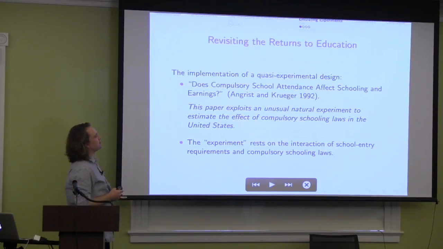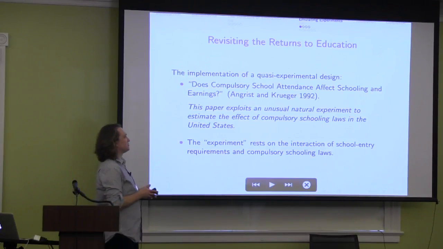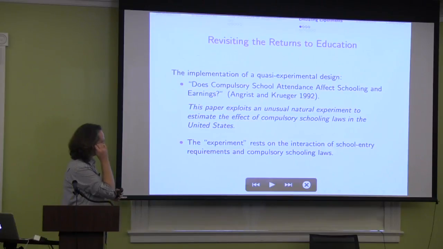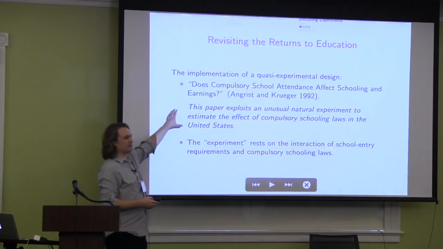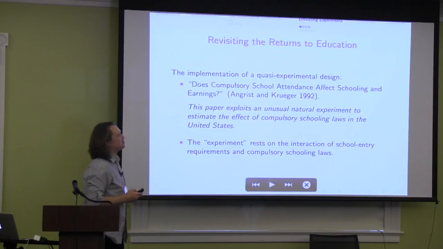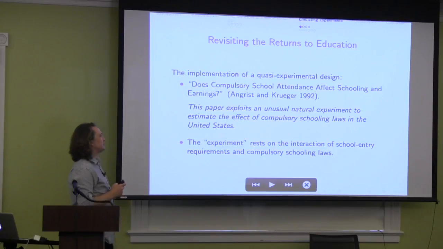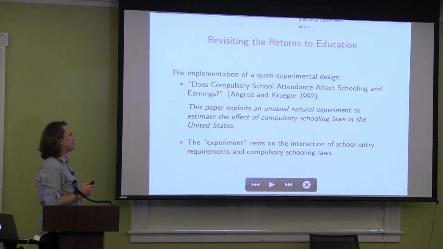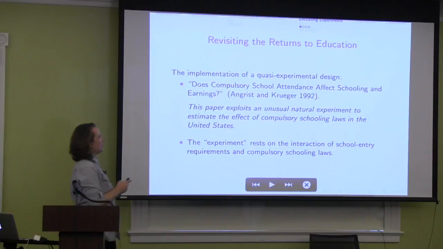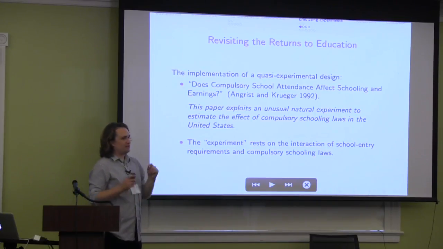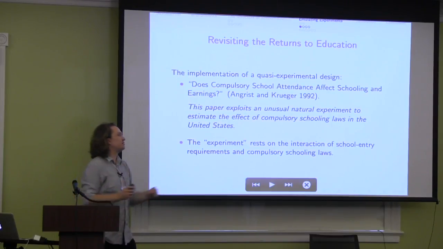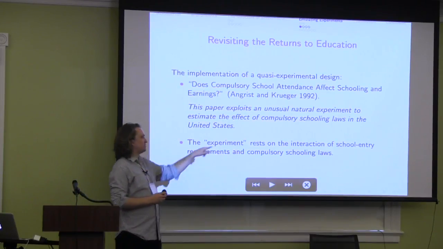But notice the way that Angrist and Krueger asked the question is a little bit different, right? Does compulsory school attendance affect schooling and earnings? And this is literally the second line of the paper, which I love. This paper exploits an unusual natural experiment to estimate the effect of compulsory schooling laws in the United States. So to explain how this works, the experiment here rests on this institutional interaction between school entry requirements and compulsory